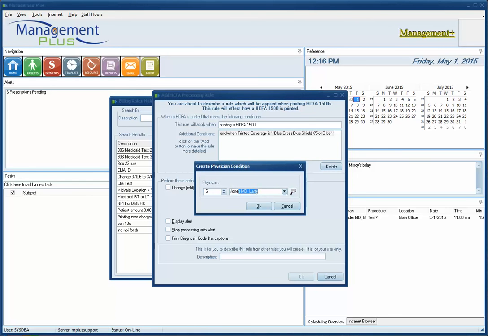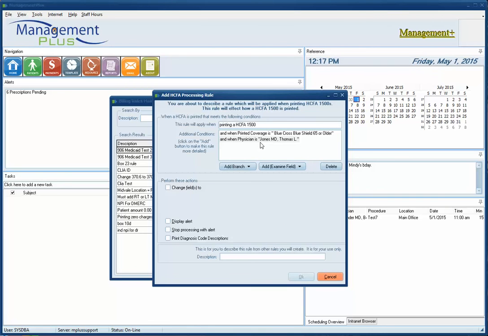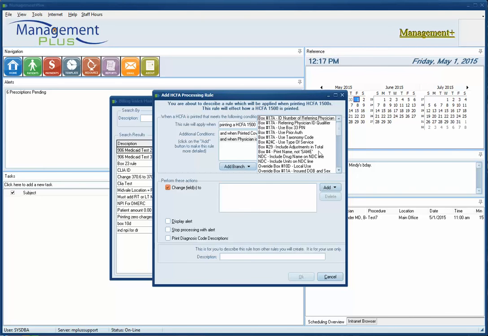is Dr. Jones. And again, these are not required, you don't have to have multiple conditions. You can just have one. It's also possible to not have any conditions except printing a 1500 form. All right, so we're going to go ahead and change my fields to, and this time when we look at